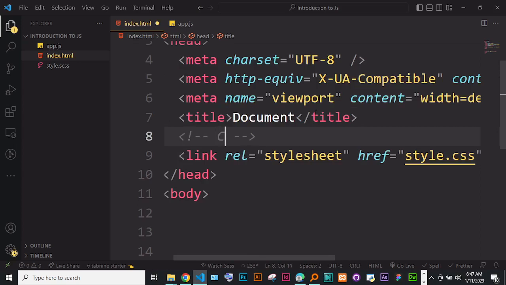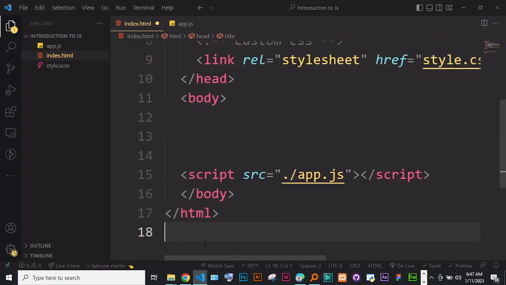So comment here, for instance, custom CSS. And then we can also link our JavaScript. By the way, the purpose of putting it down here is to make sure that it loads last, because it is going to be interacting with the HTML. So we don't want our JavaScript to load fast. We want the HTML and CSS to first load everything, and then we code JavaScript. That's why we always put it down at the end of the body, so that it is loaded